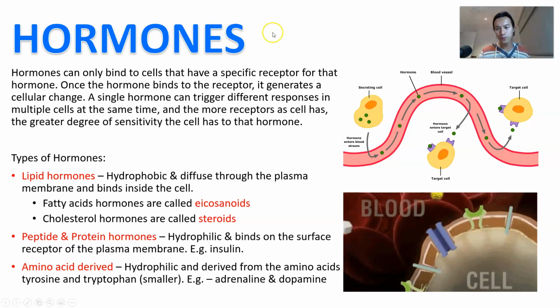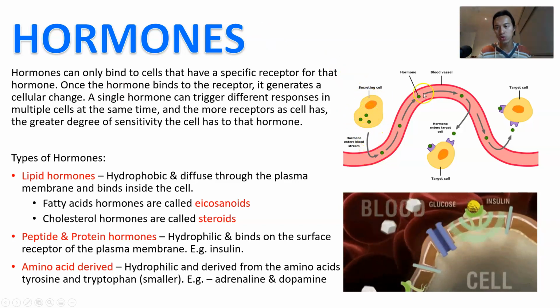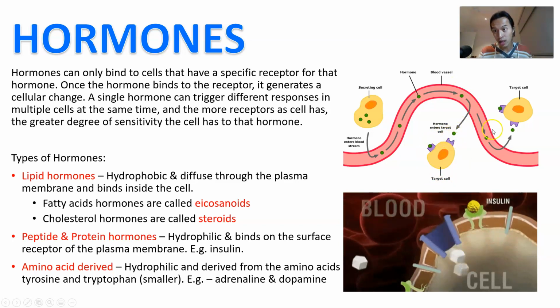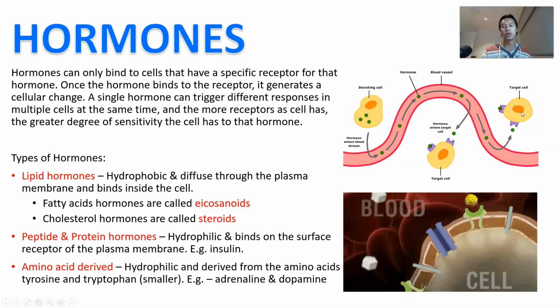So for example, let's say you have a cell here within a gland that's going to secrete the hormone. The hormone travels through the bloodstream, it's going to exit near its target cell somewhere else in the body, and then it's going to bind to these target cell receptors, and then it's going to cause some sort of change in the body, right? Here's the same thing in action. You can see there